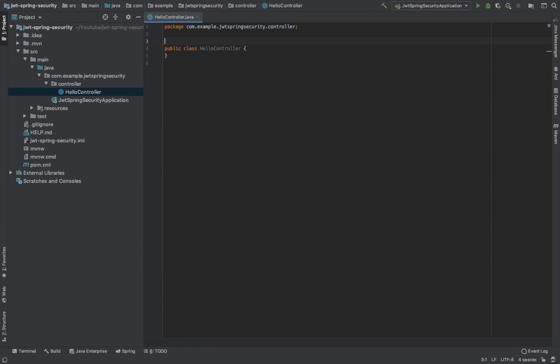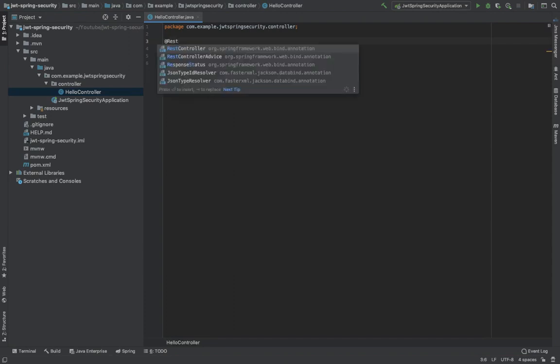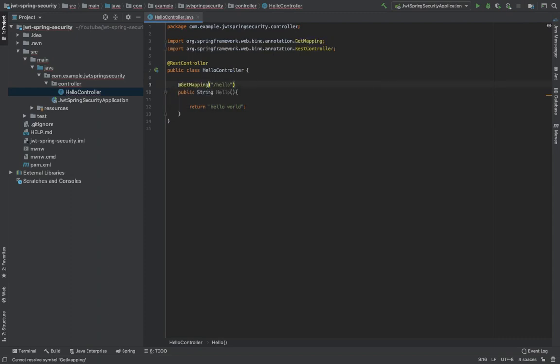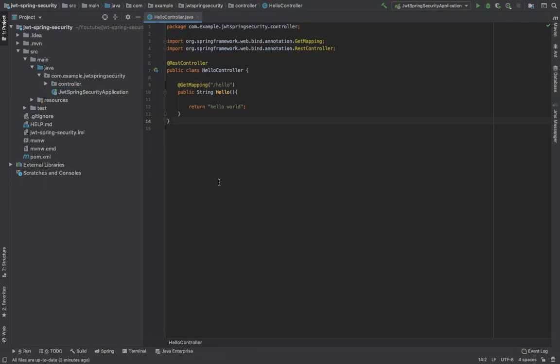This will be a REST controller. Add the annotation. So let's run the application now.